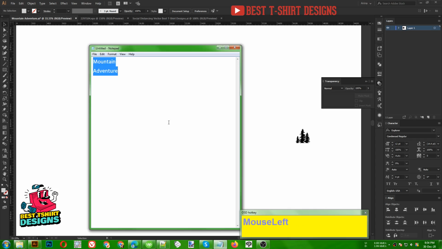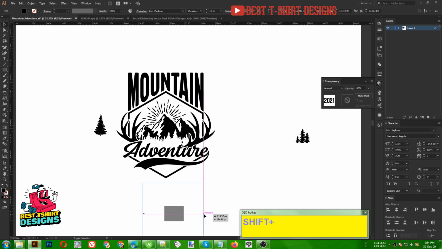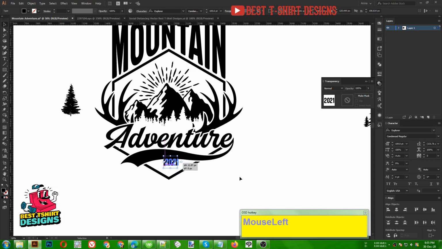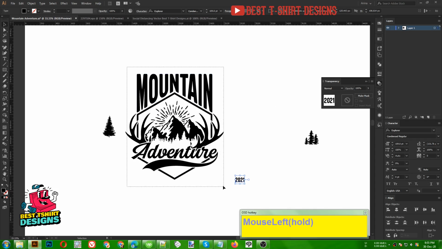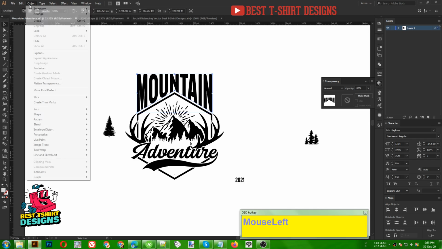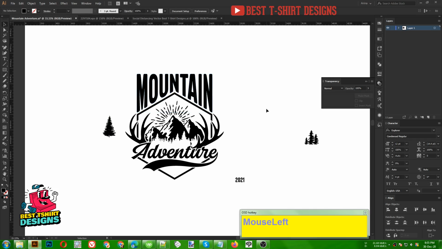Now I am going to use another text here. Okay, let's add something like 2021, because 2020 is almost over. So it will be a design for 2021. Now for this one here I am going to select everything like this. As we applied some effect here, the envelope distort effect, we need to expand it. Whenever we are applying any effect, make sure to expand the effect here,